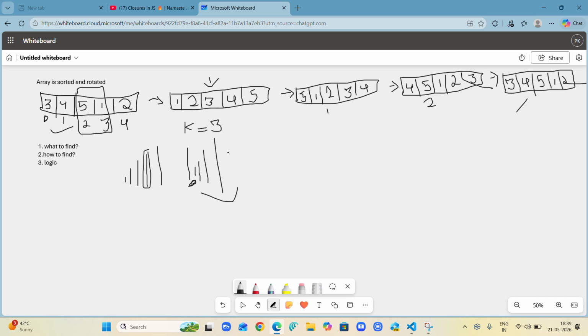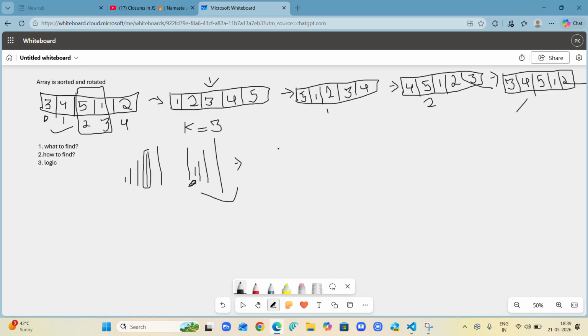So now think of the logic. You got it, how you have to do that. The basic idea is to find whether the array is sorted and rotated. How to find it?